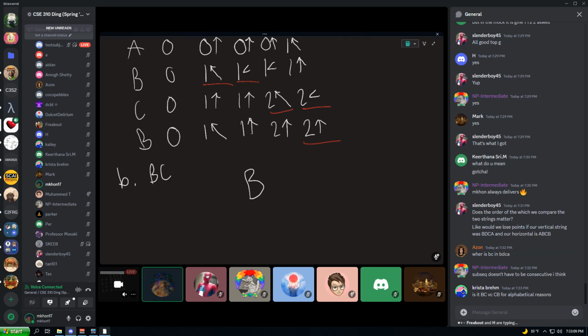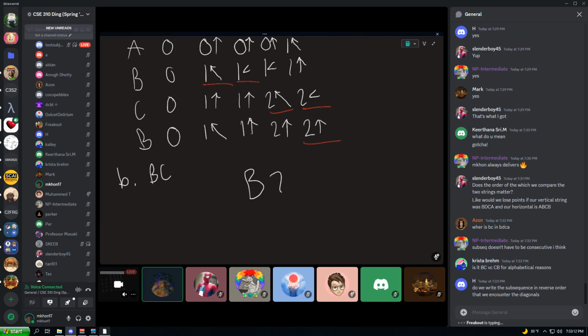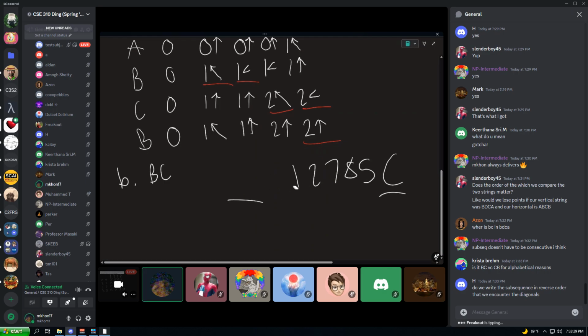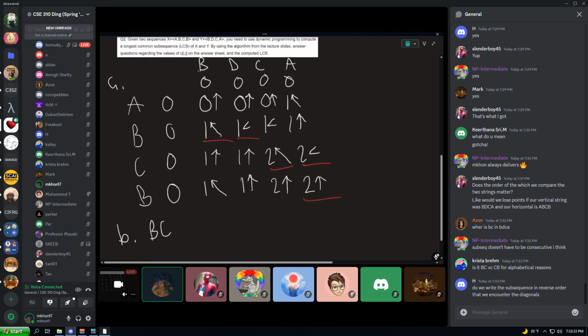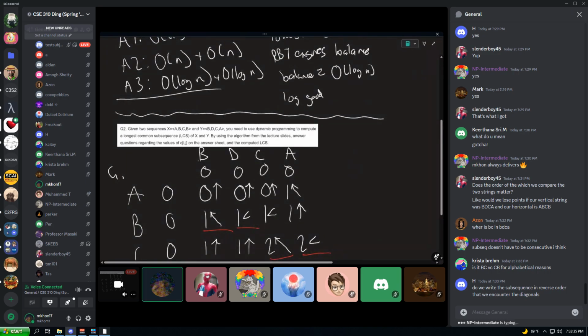They don't have to be next to each other, so I could have B, Z, 1, 2, 7, 8, 5, and then a C. That would still count. I would just X out all these letters. I would just ignore all those letters. They don't matter to me. The point is that B showed up first, C showed up second. That's what's so important about the longest common subsequence, and why, just because you look at the words and they don't look like they have the same letters together, that doesn't mean there's not